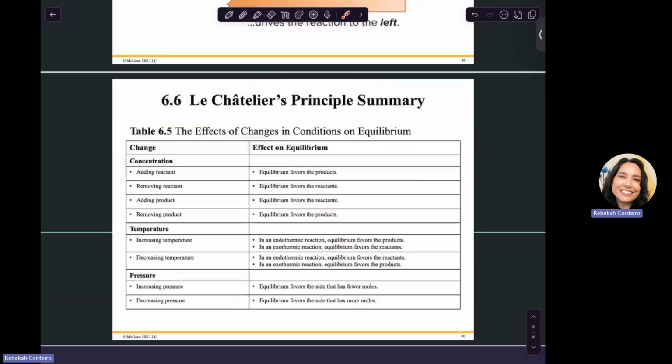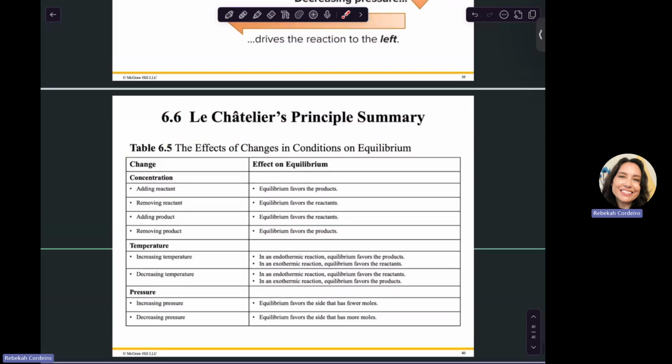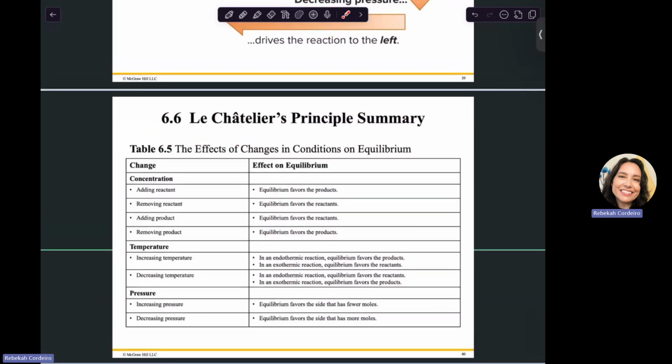And then here's a nice little summary for you. If you just remember this page from almost everything in this video, then you'll be good to go. As far as the Le Chatelier's principle stuff, you still have to do the calculations for K, but those are pretty simple. Don't let them freak you out too much because they might have exponents in them or scientific notation. Just remember positive exponents, big numbers, negative exponents, small numbers, and then just write down products over reactants every time you think about K,